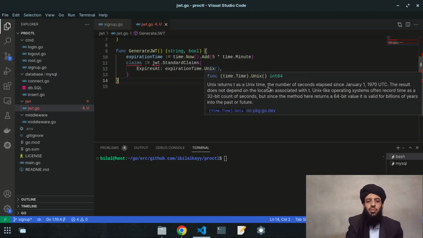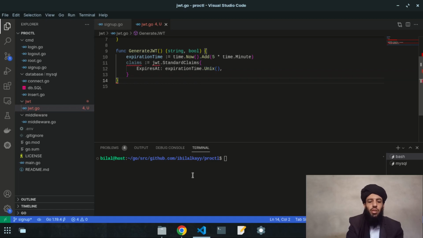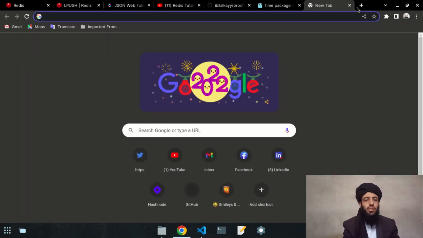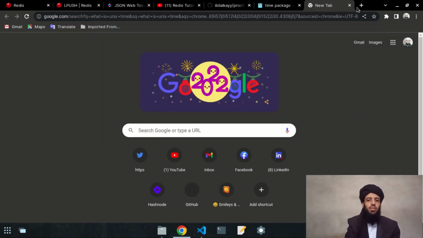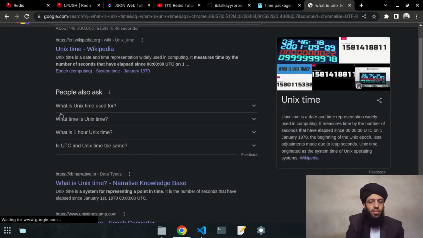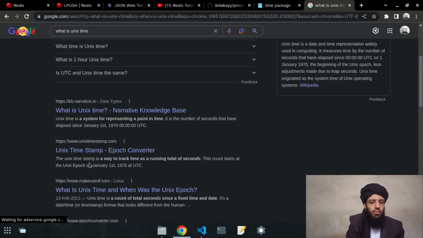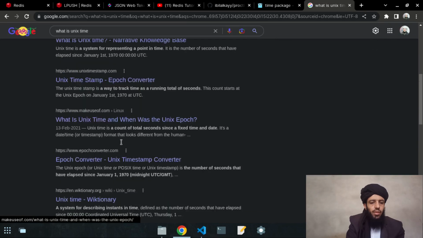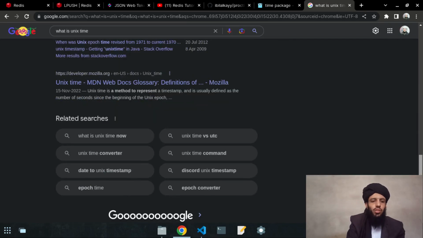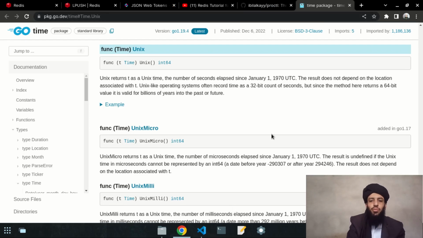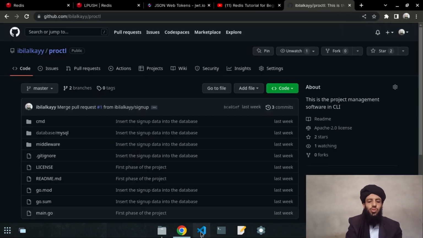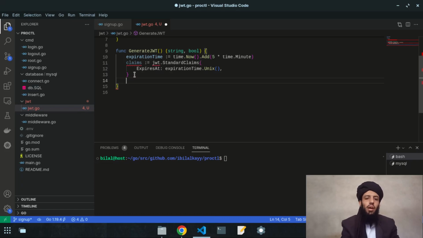Unix returns t as a time, the number of seconds elapsed since January. So if you want to read further, like what is Unix time? Alright, so it will show you this. You can read it from here. If you Google it, you will find a lot of data, and you can read it and understand it. But I'm not going to explain it in this video, because I want to make this video short. So after this claim, or after this expiration period, what I will do is